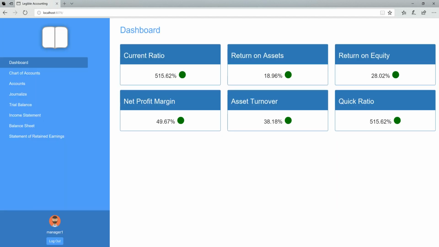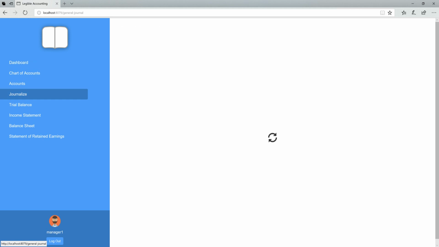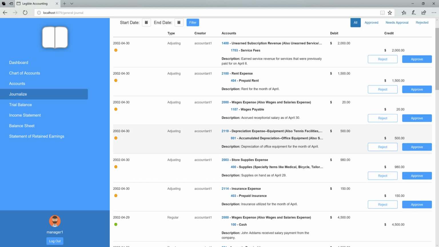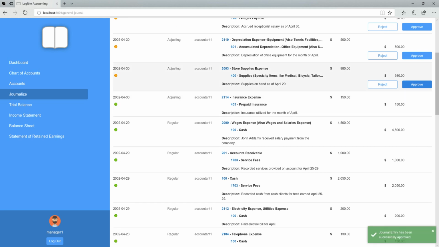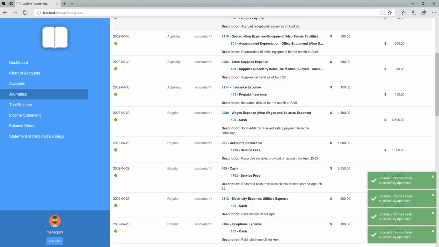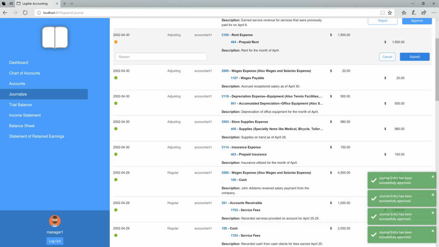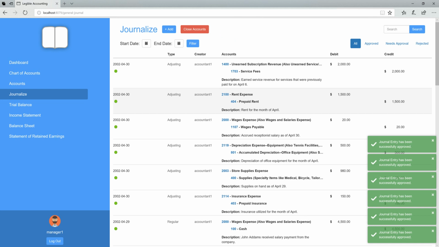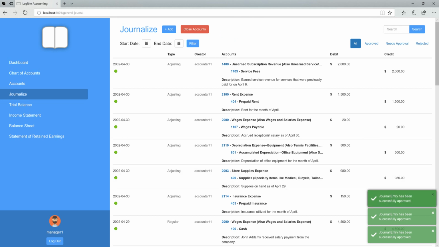Now that we're logged in as a manager, we have the ability to approve and reject journal entries. Let us go to the journalize functionality now so that we can approve the adjusting entries that are still pending in the system. Now that all of our adjusting entries have been approved, we're going to expect some of our financial statements to